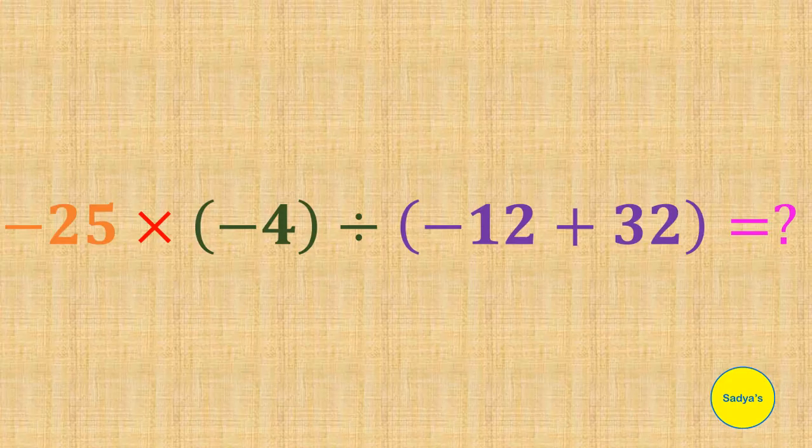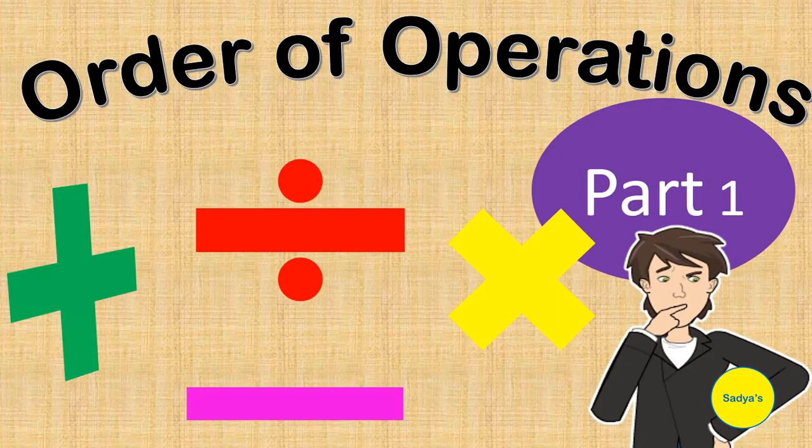Hello, we all have seen questions such as the one displayed on the screen on social media platforms. We know how to add, subtract, multiply, or divide integers. But what happens when multiple operations come together in a mathematical expression? This is known as mixed operations on numbers or order of operations. Since this topic is very important, we have decided to cover it in a series of videos. So this is part 1.